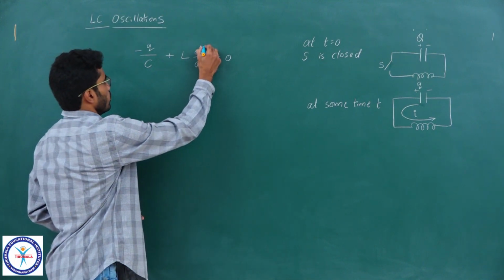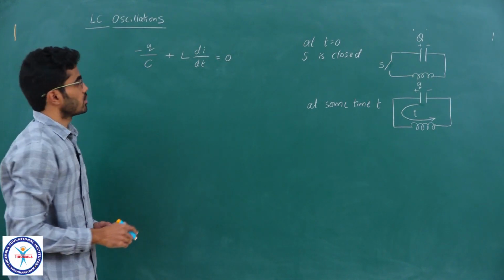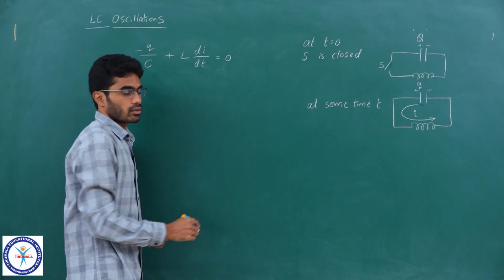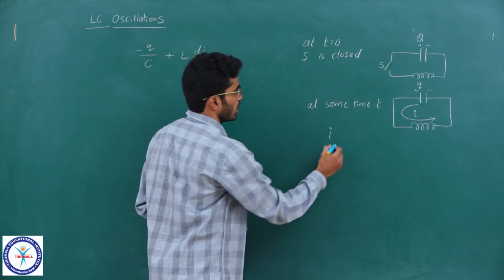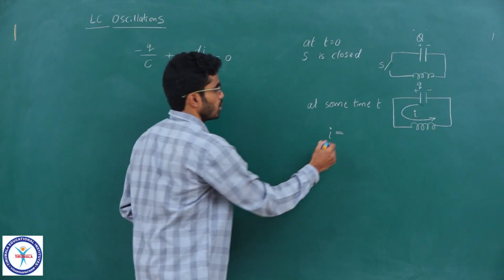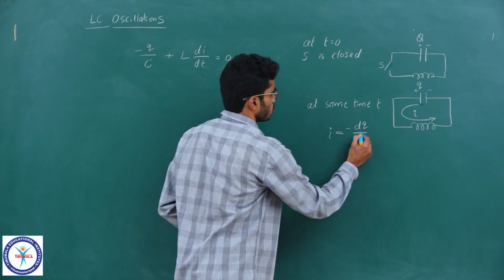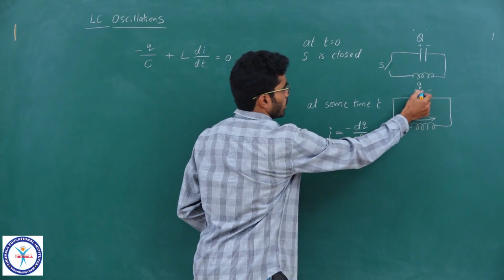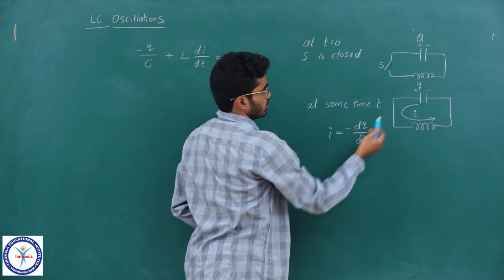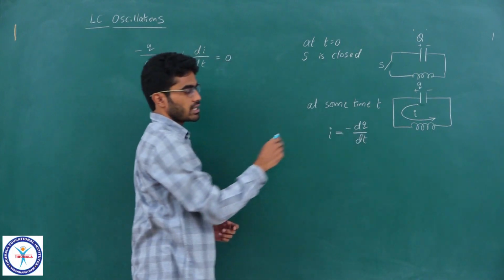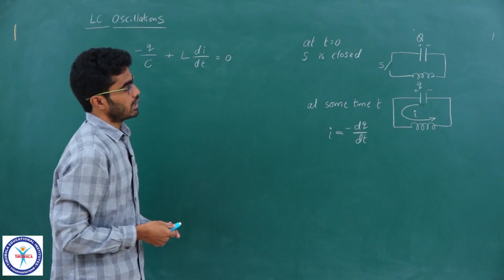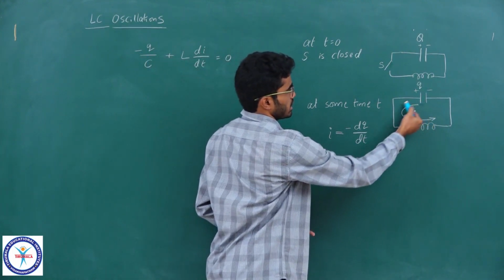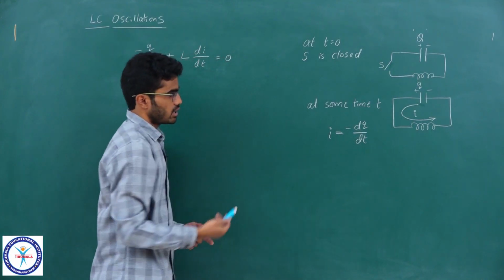Now understand the variables used here. The small q is the charge on the capacitor at any time t, and I is the current in the circuit. What is the relation between I and q here? I is not equal to dq by dt, but should make a note of it, it is minus dq by dt, because I is the rate at which the charge on this plate of the capacitor is decreasing, because the current is taken away from the plate. It is a convention. I have chosen the current to be in the anti-clockwise sense for this loop. So I should write the equation as I equals minus dq by dt.